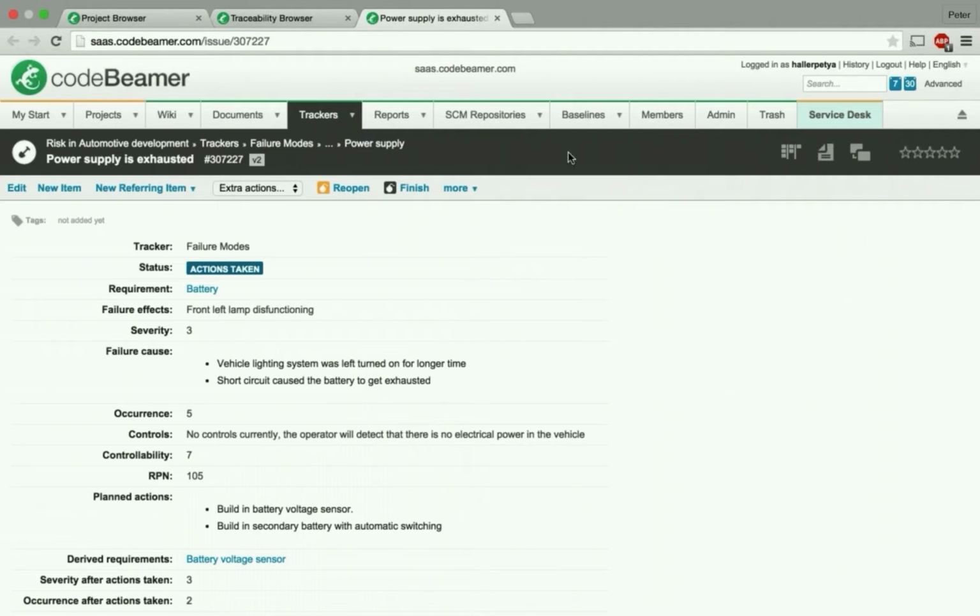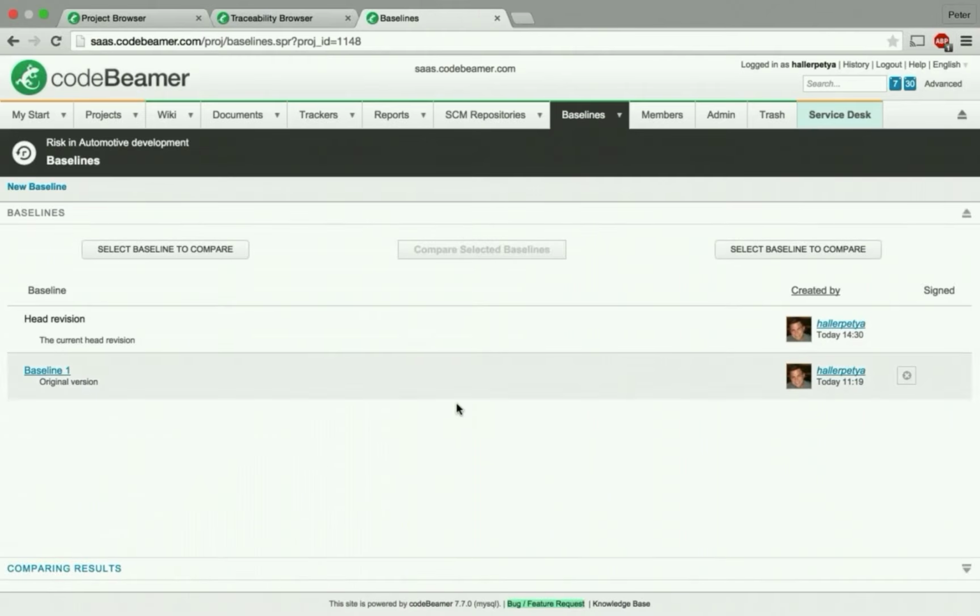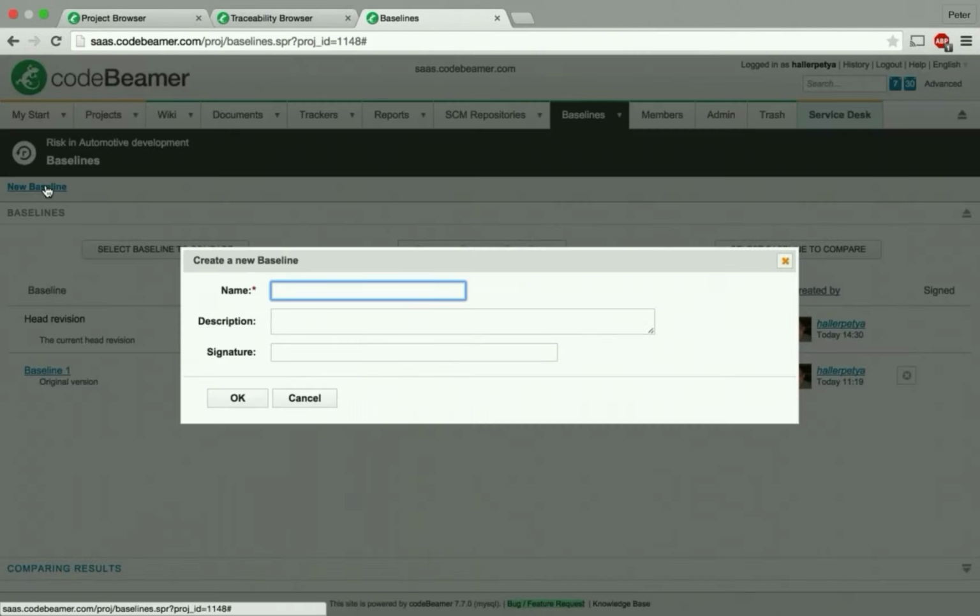But moving on, we also have the baselining functionality, which provides you a complete overview. So before the presentation today, before the webinar, I created a baseline number 1 called the original version, and these baselines behave as a snapshot of the entire project, containing the configuration, all the content, and all the items and modifications in the system in historical order. And for now, I would like to generate a new baseline